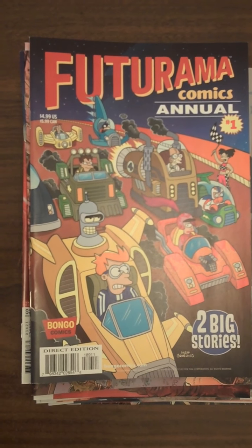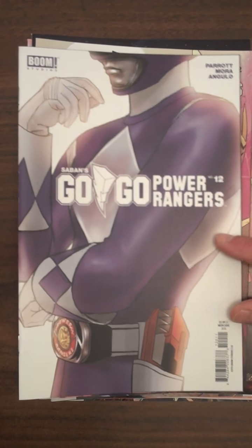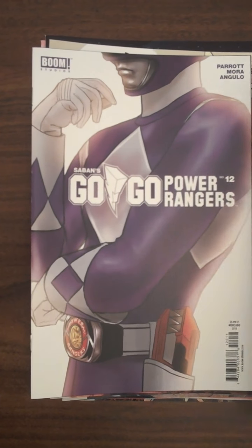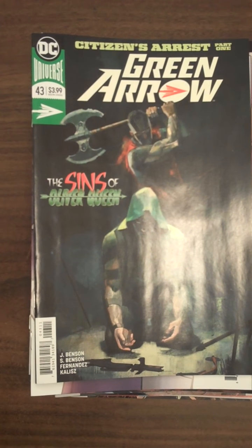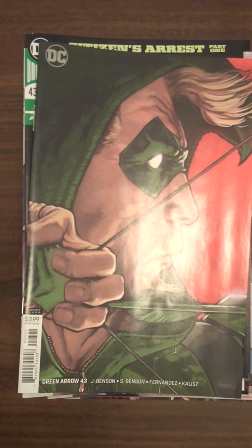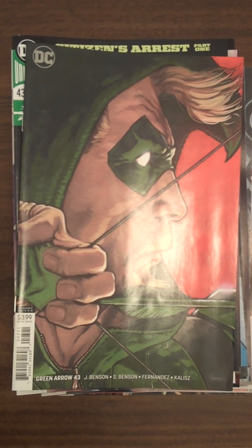Then next up from Boom Studios, we have issue 12 of Saban's Go-Go Power Rangers. And then this is an idea of what the variant covers look like for issue 12 of that. Next up from DC, fantastic cover, also in our top 5, was Green Arrow's issue 43. Great looking cover, about ready to be beheaded. And then next up, we have the variant cover for issue 43 of Green Arrow. Really, really cool. Then we have from Dynamite Publishing, issue 4